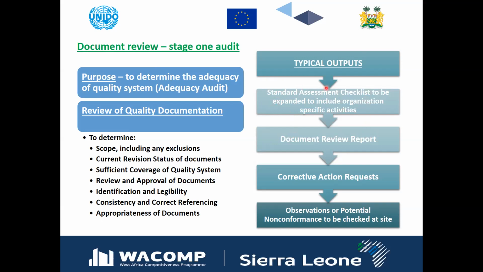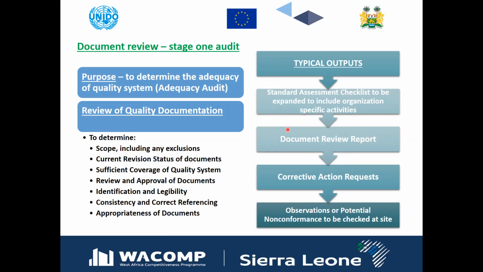He will develop his own checklist, his own points, what kind of documents he would check when he goes for the on-site audit. But in the document review report, if there are some major gaps, for example, there is clause number 4, and the company has not shared the documents with respect to clause number 4 of ISO 9001, then the lead auditor would contact that company.